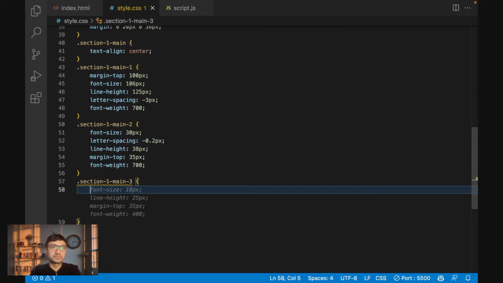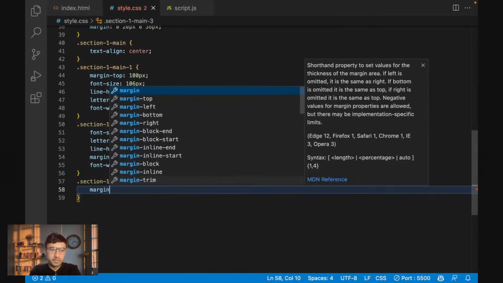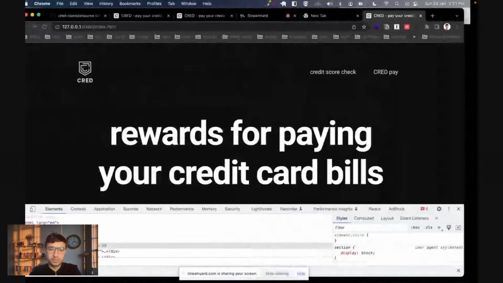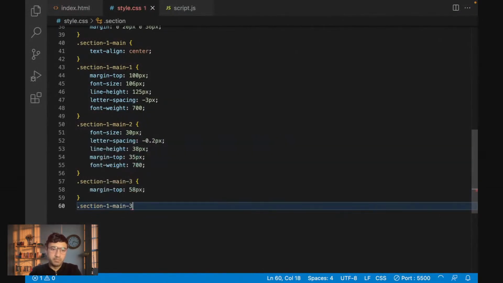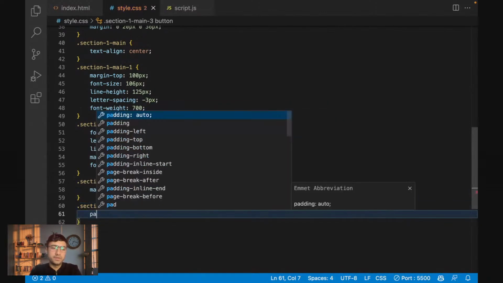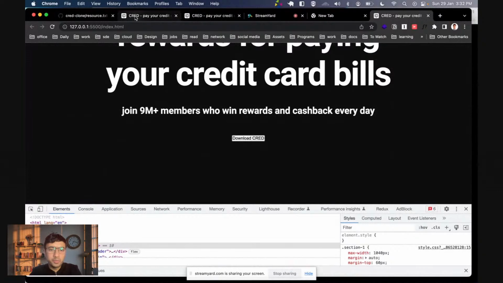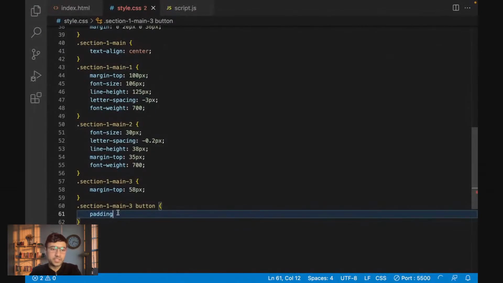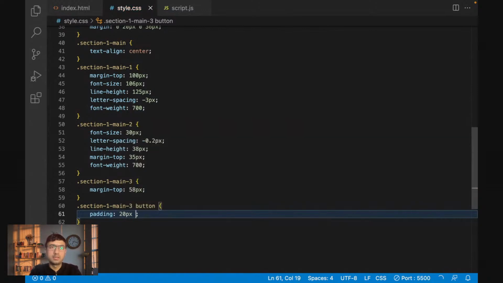Now let's style this. Section 3, margin top, and margin top should be 58 pixels. Now we are going to style this section 3 main button, right? First of all, we are going to give it some padding. So basically this button looks like a very simple button, but we want to make it a huge button. So first of all, we are going to add some padding. The padding we are going to have is 20 pixel, 55 pixel,